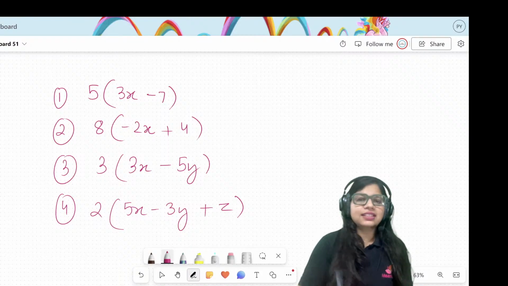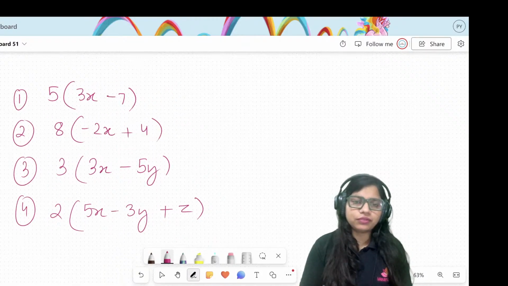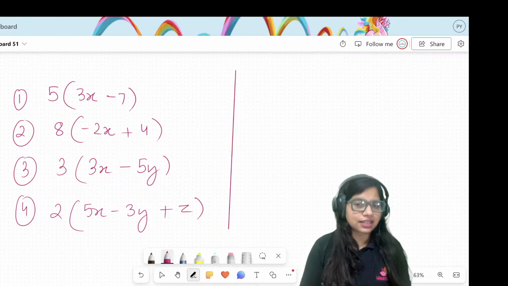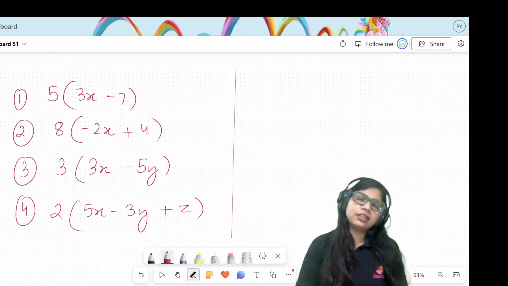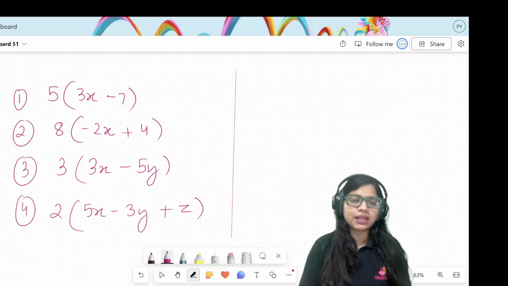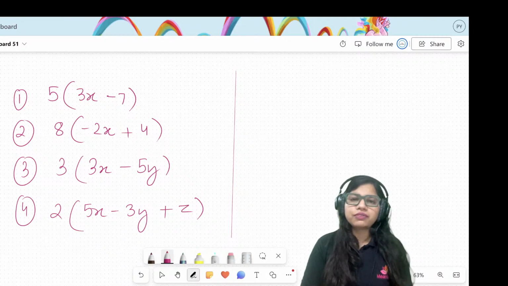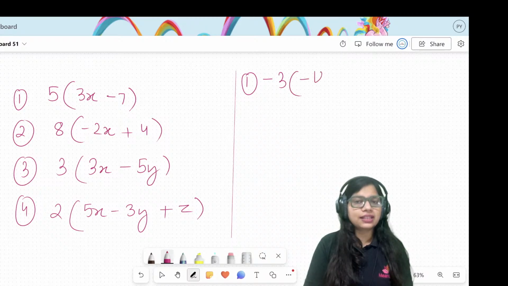So kids, now as we have a set of 4 questions, this time it would be negative. We are expanding single brackets, but it would be a negative number outside. So the first question is minus 3 times (4x plus 5). The second question is minus 8